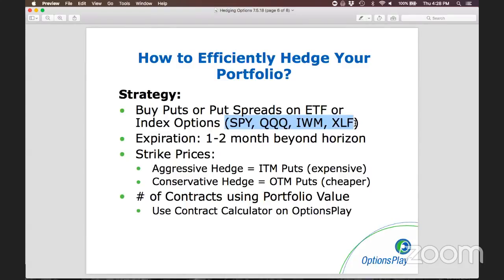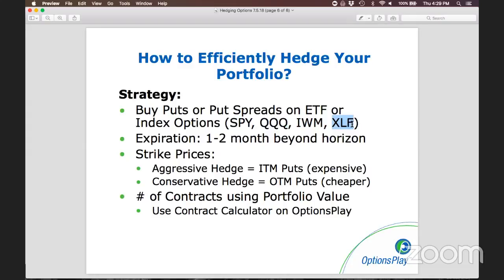If you don't have a very focused portfolio and you just have a broad-based portfolio, you want to use either SPY, QQQ, or IWM, any of these broad-based ETFs. Or if you have a specific focus, then you might want to use one of the sector ETFs to help you hedge. But the idea is to simply buy a put or a put spread on one of these ETFs